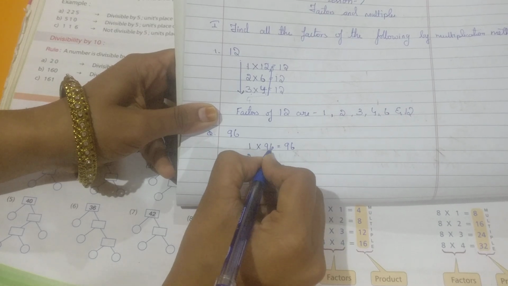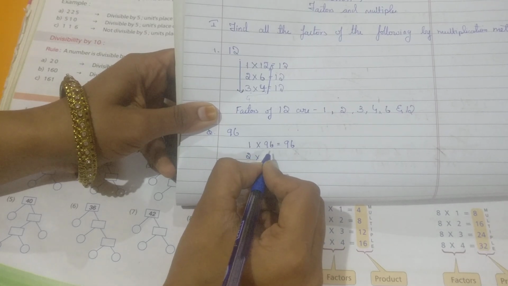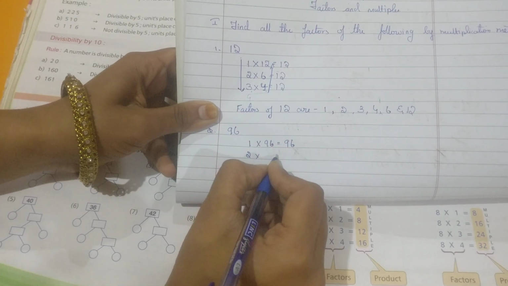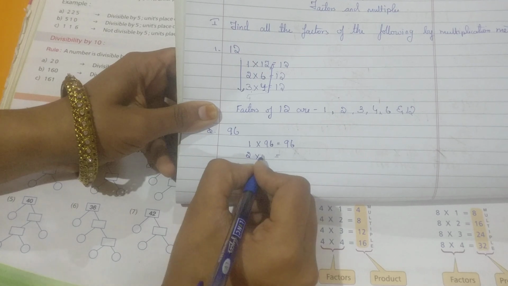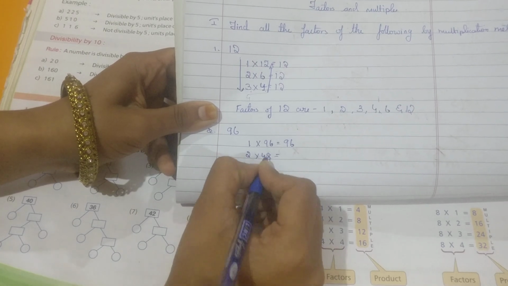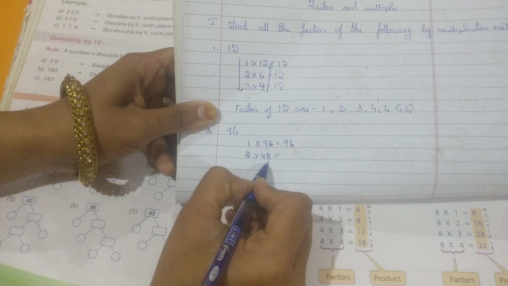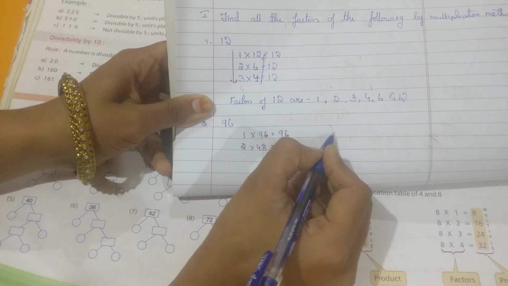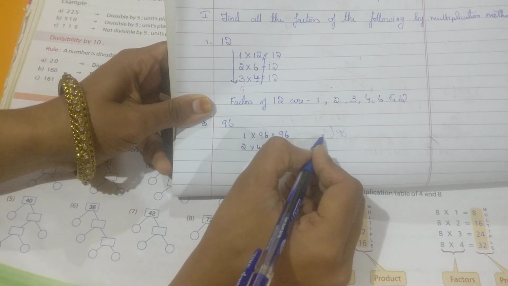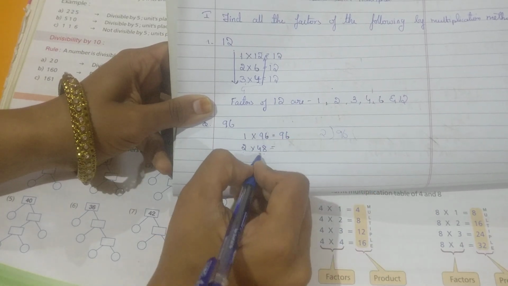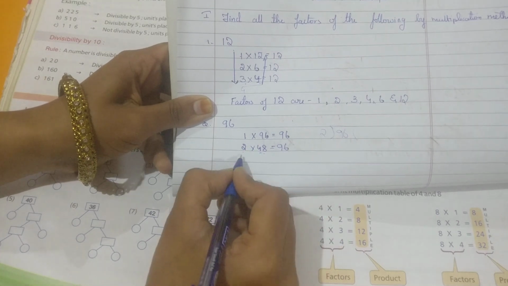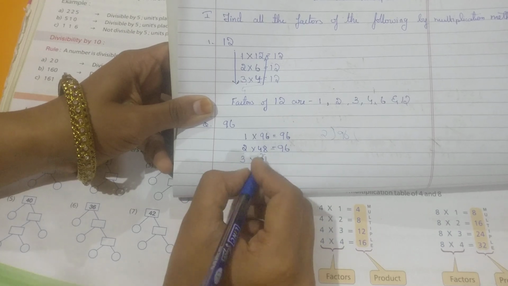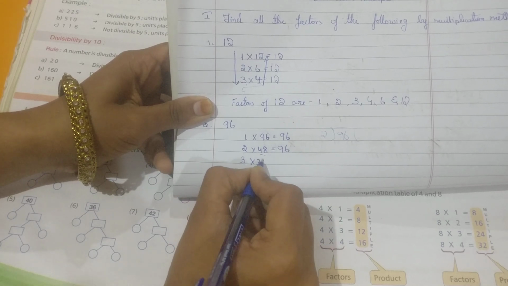You know, you have 6 here, so 96 can be divided by 2. So 96 divided by 2 is 48. How did I get this number? I divided 96 by 2. You can use the division, 96 by 2, and find the answer and write it here. Next, in 3 tables. Yes, it absolutely goes in 3 tables. 3 3s are 9, 3 2s are 6.